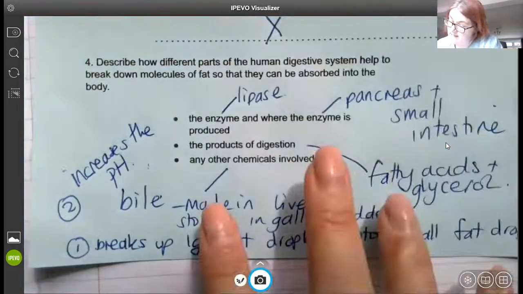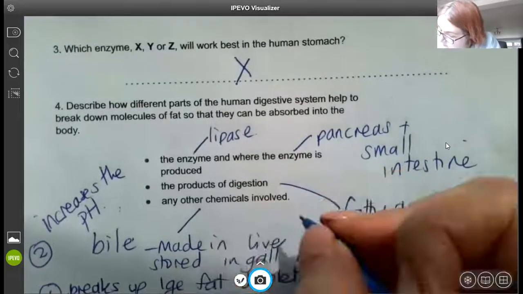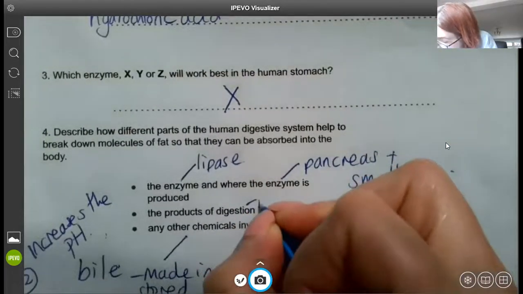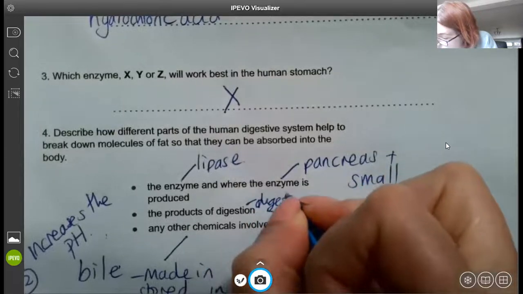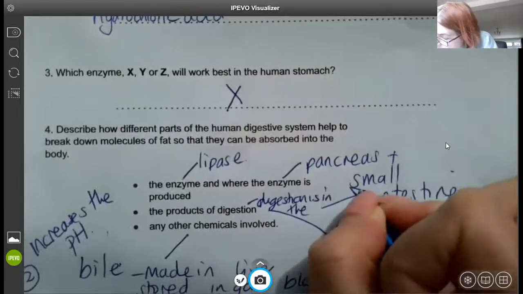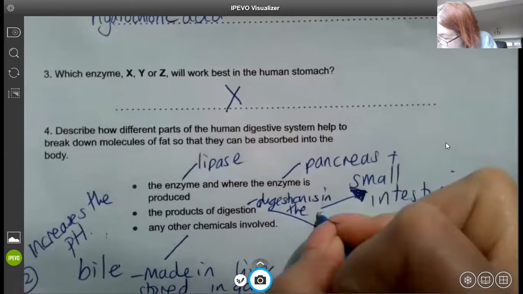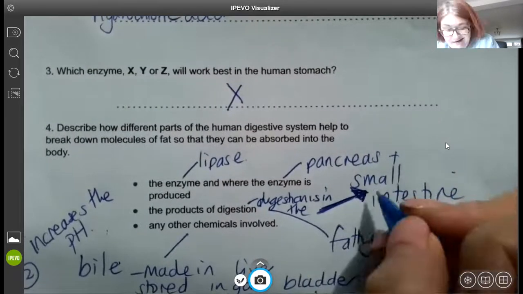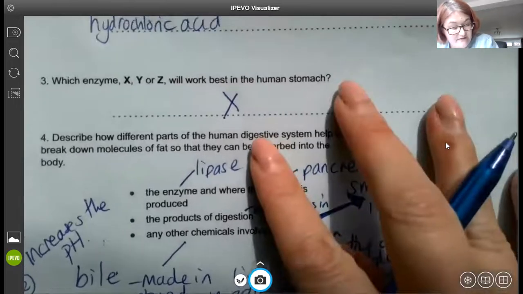You could have said that the place where this takes place, so the digestion is in the small intestine, so all fat digestion takes place in the small intestine,